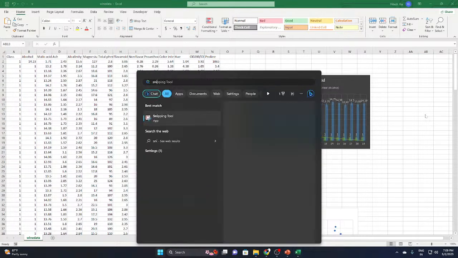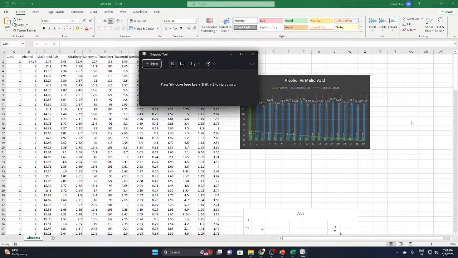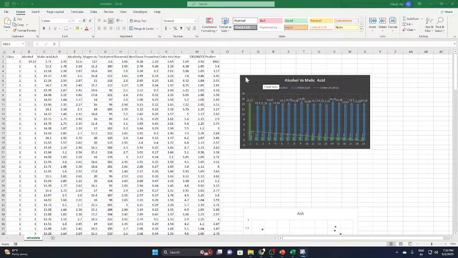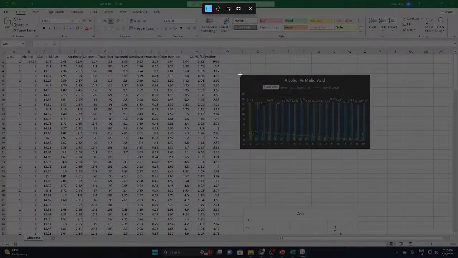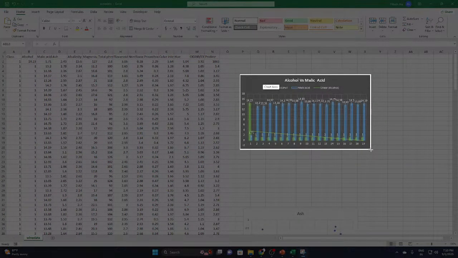Let's take a snapshot of this particular chart, because we know that in a user form we don't have the option to import our chart directly. It doesn't have that control. So let's take